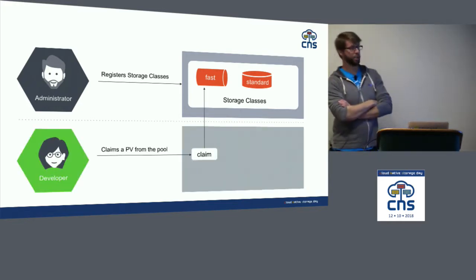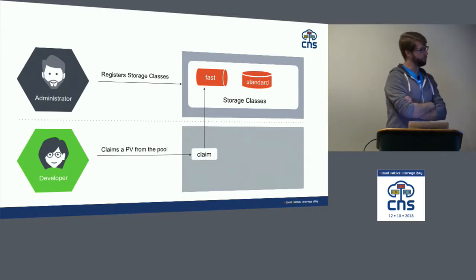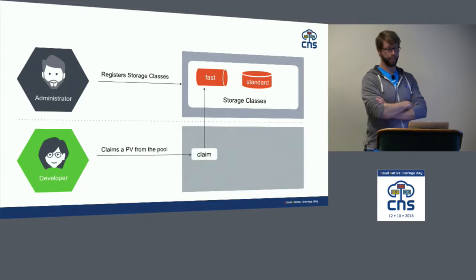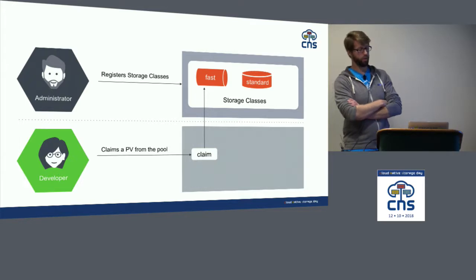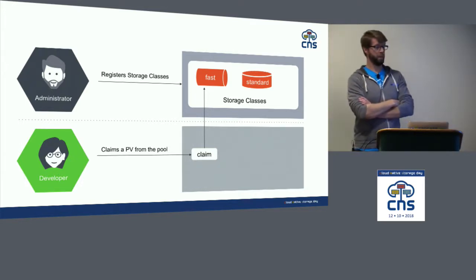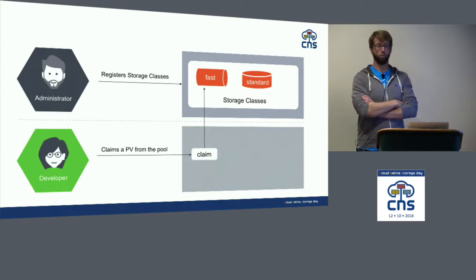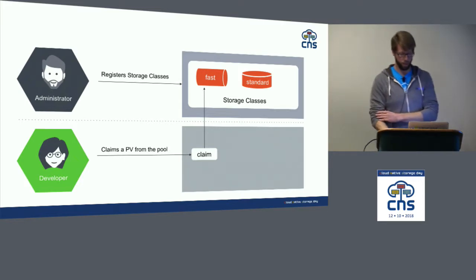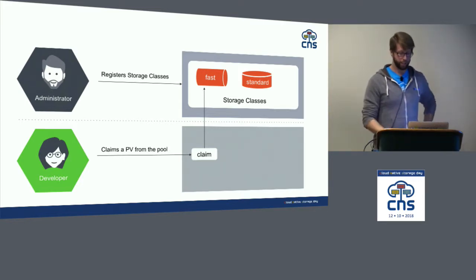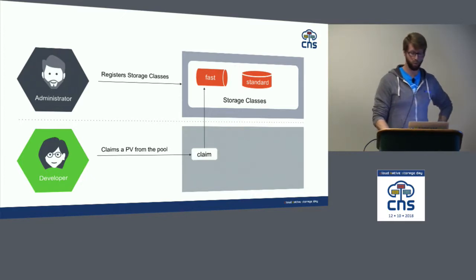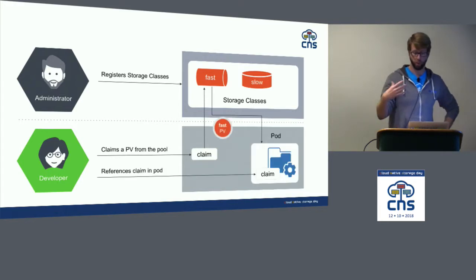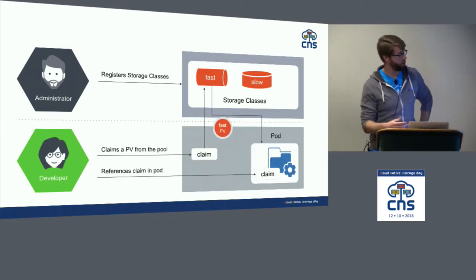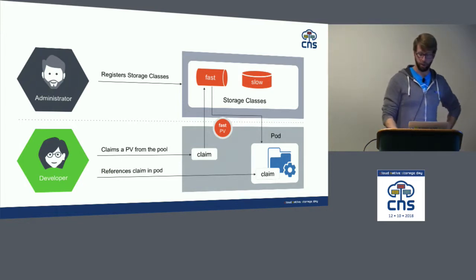This time, in contrast to the static provisioning flow, the application developer comes along with their pod, and they need a volume for their pod to store their state in. When the developer claims a volume, on demand, dynamically, a volume will be created for them using these storage classes that serve as the template or blueprint. So the developer says, I want a fast volume, and the blueprint for the fast type of storage will get used to generate, on demand, a persistent volume that will then get bound to the pod and used by the developer.